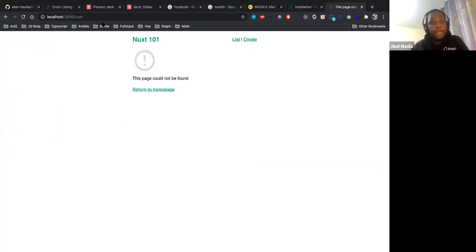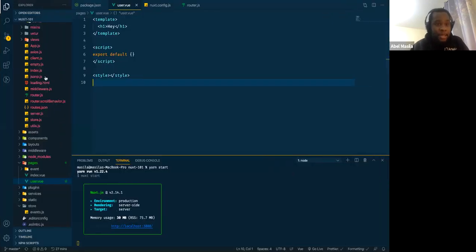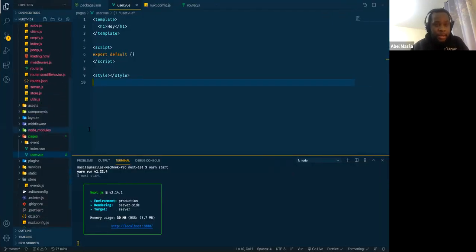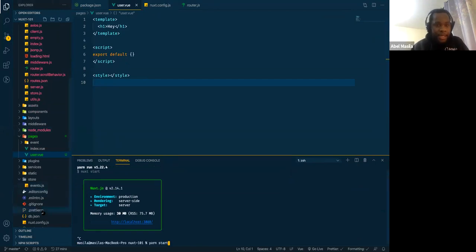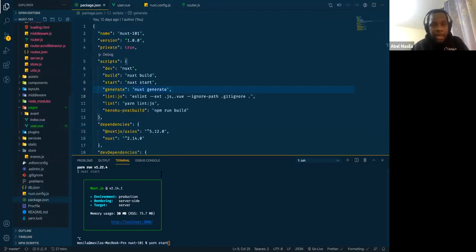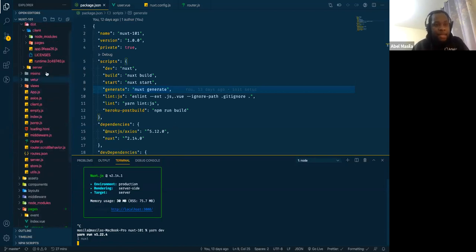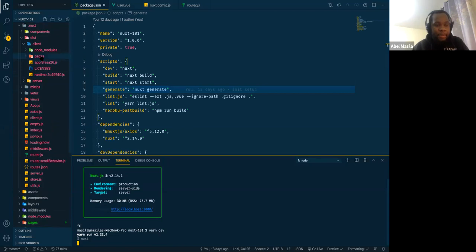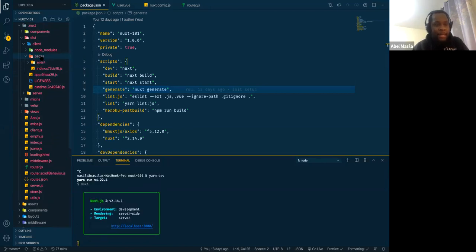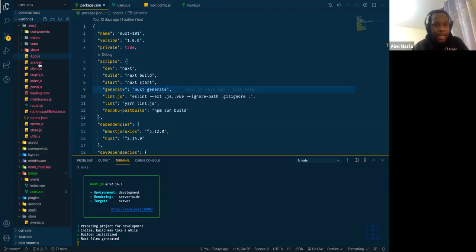Basically what we used to do with PHP. It's not found. Okay. Let me restart the application. I need to start this in development mode, so I just need to run yarn dev. Then it will start in development mode and the page will be generated right here. Let me expand this so you can see. So it has generated the pages.